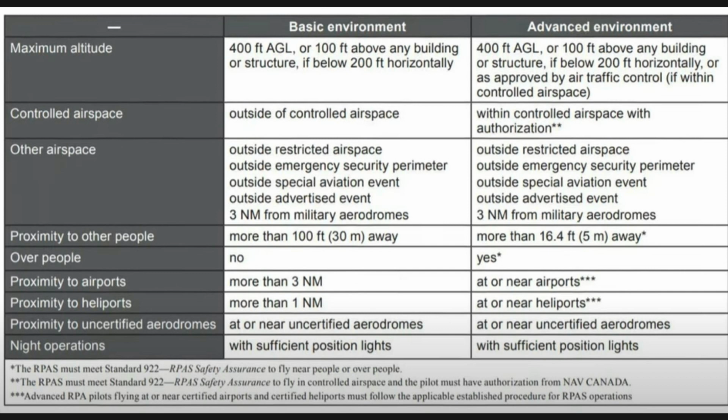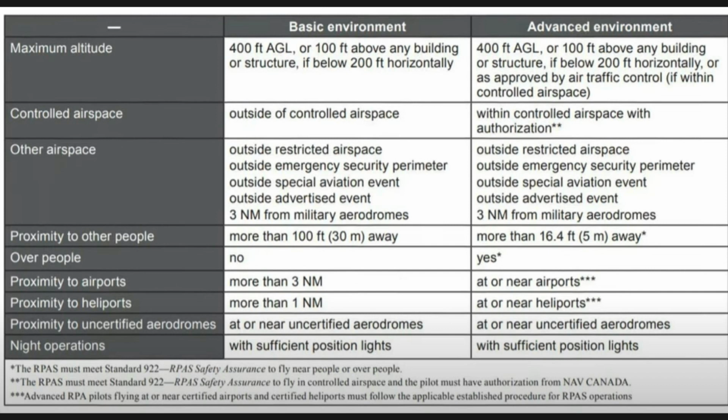Now, the rule on flying with military aerodromes is quite interesting because the minimum filing time for restricted airspace is more or less 24 hours, maximum 30 days to get that approval. Now, going over the proximity to people, when we're looking at basic operations, it's 100 feet or 30 meters away